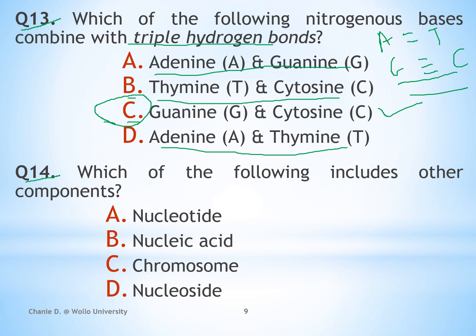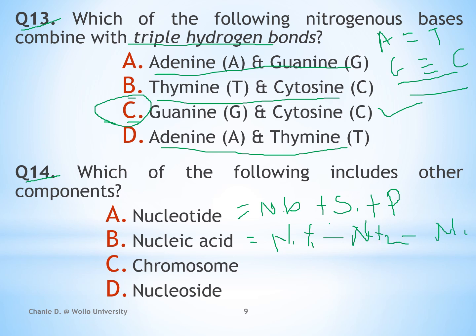From the given alternatives, let me show you the composition of each. The nucleotide is composed of a nitrogenous base plus ribose sugar plus phosphate. The nucleic acid, DNA or RNA, is composed from nucleotide 1, nucleotide 2, and nucleotide 3. Two or more nucleotides are used to build a nucleic acid with the covalent bond called phosphodiester bond. A chromosome is a nucleic acid